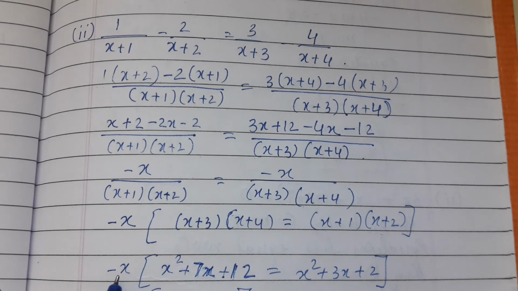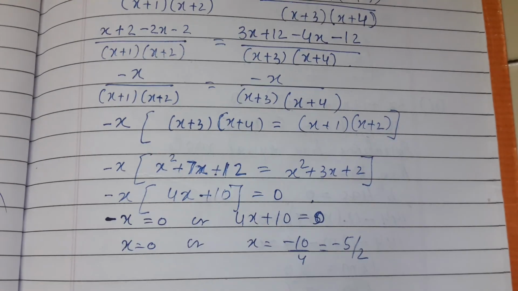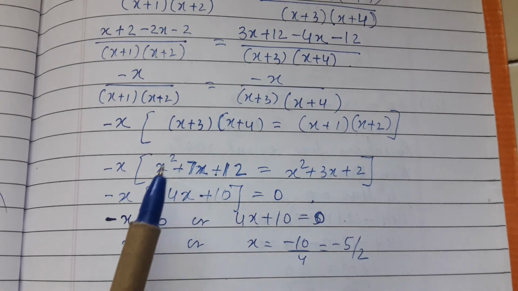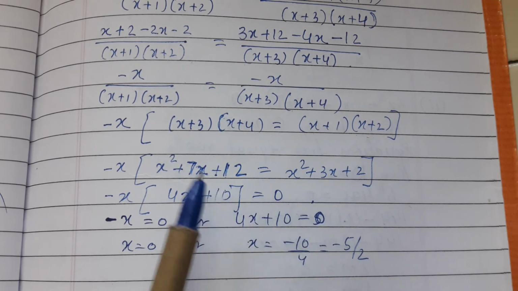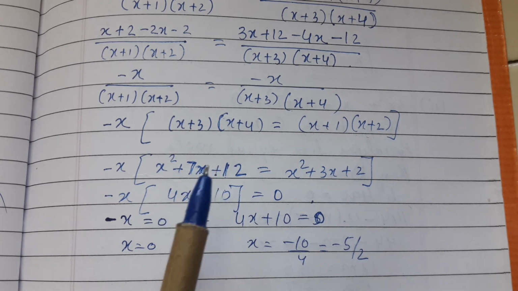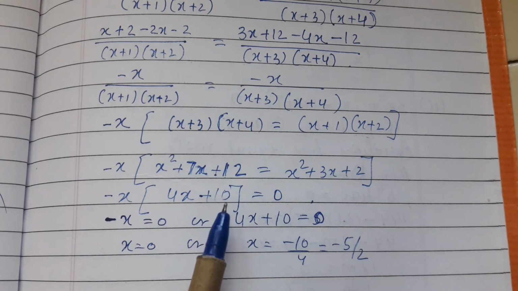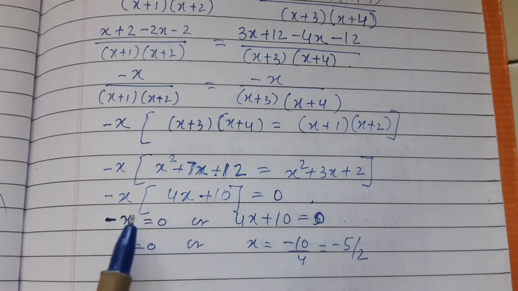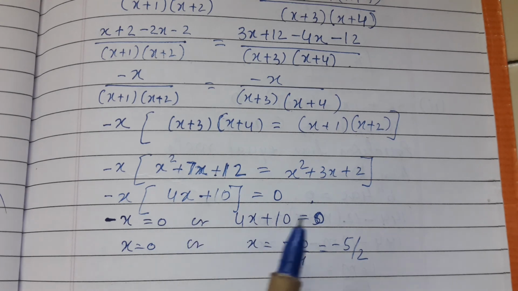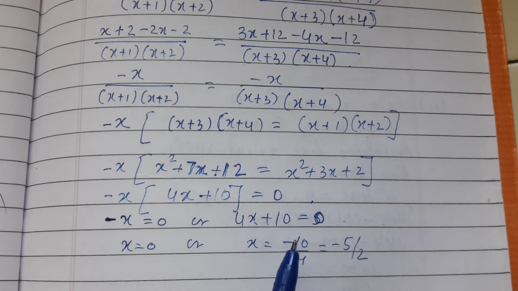Now open the bracket. Minus x into x square plus 7x plus 12 equals x square plus 3x plus 2. Now x square gets cancelled. 3x and 2 we will take to this side. So 7x minus 3x is 4x, 12 minus 2 is 10, equals 0. So now minus x is 0 or 4x plus 10 is 0. x is 0 or x equals minus 10 upon 4, that is equal to minus 5 upon